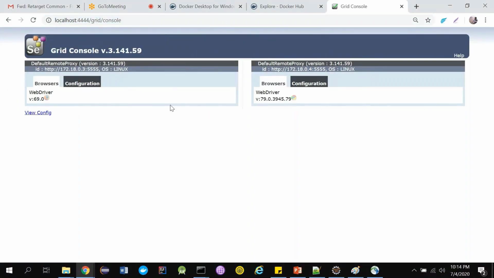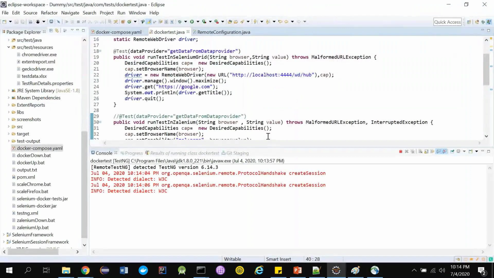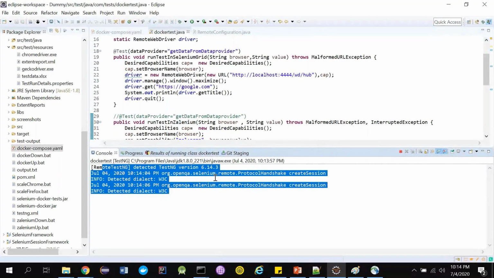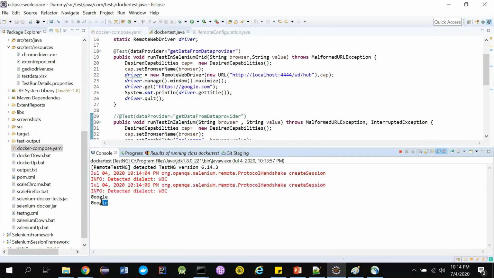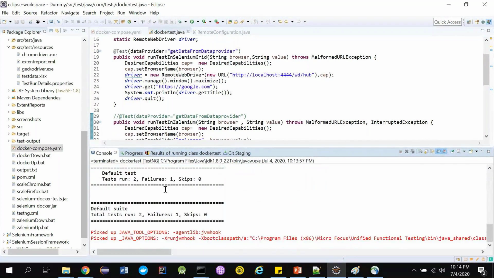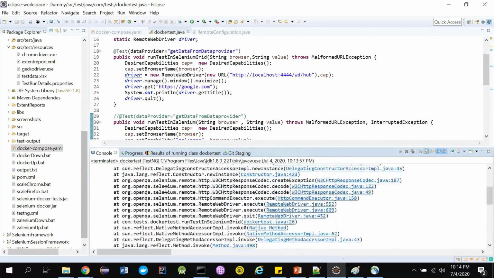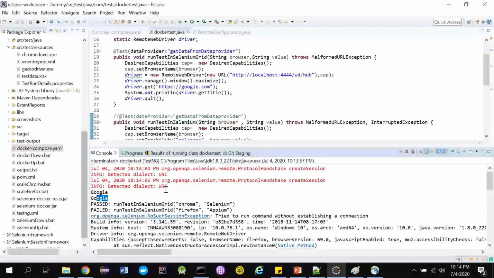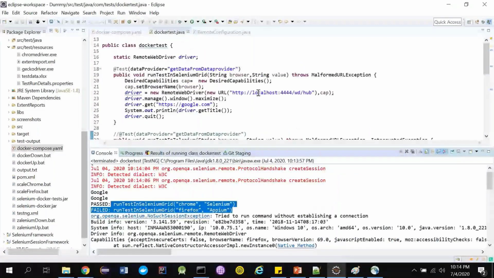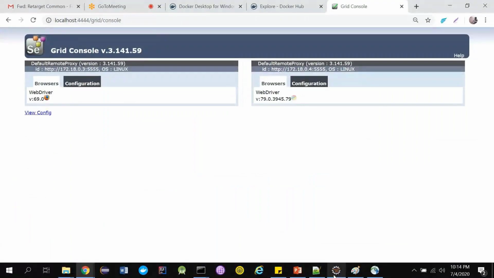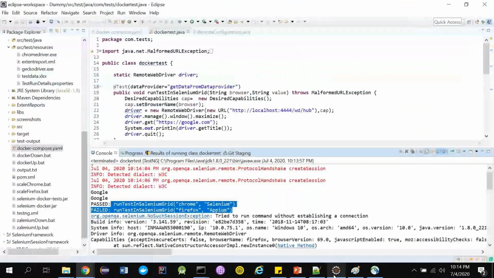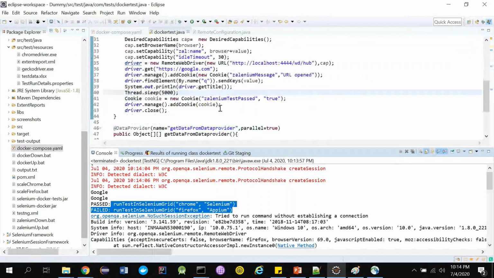So both of them are now in use. Yeah, script is getting executed. Yeah, Google. Okay, so something is stealing pass and then it's failing, but the test has actually succeeded. And see, I have run my test. I think it's still in execution. It fails, I don't know, for some reasons. But yeah, so if I have to shut down the whole thing,